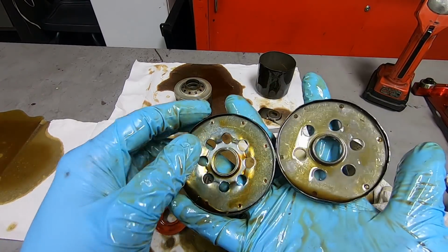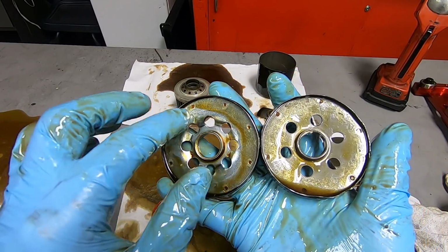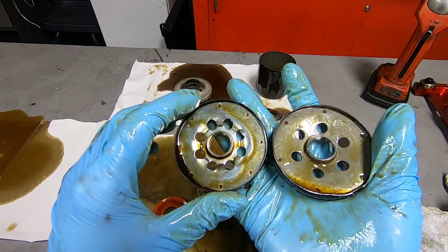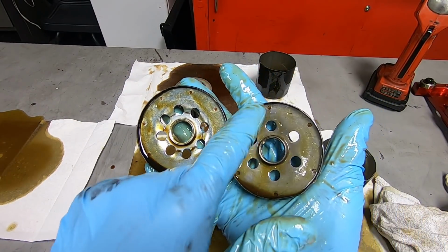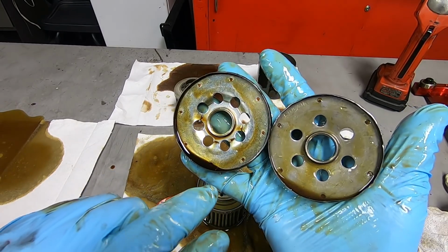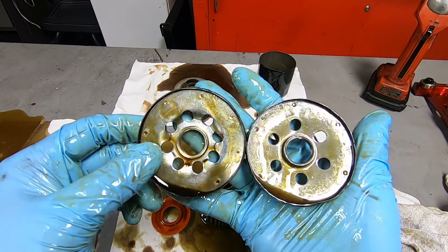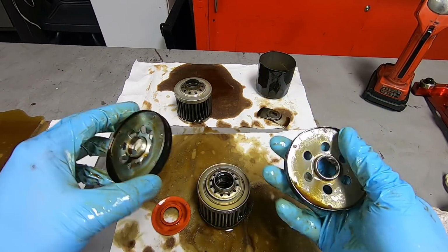There's a couple more indentations here for where this steel plate is stamped in there and sandwiching everything together, I would presume. You can see the Wix has 1, 2, 3, 4, 5, 6, whereas the Harley-Davidson one has 1, 2, 3, 4, 5, 6, 7, 8 little stamp marks. Interesting. I wonder how